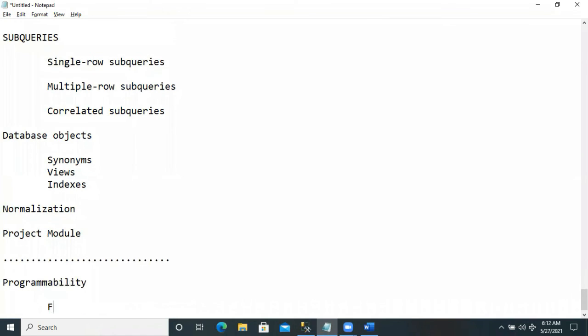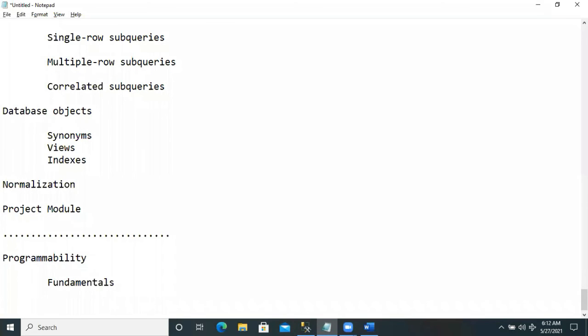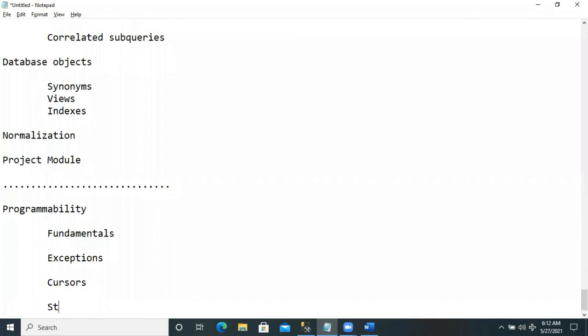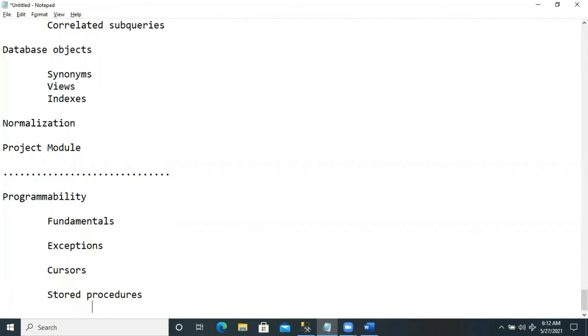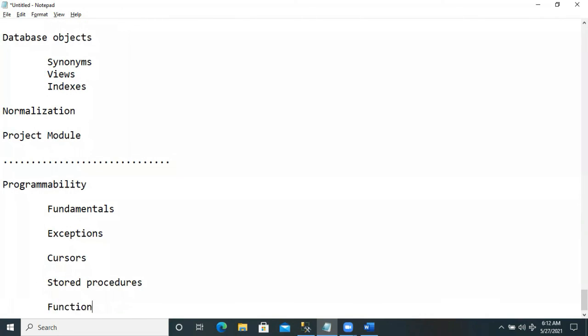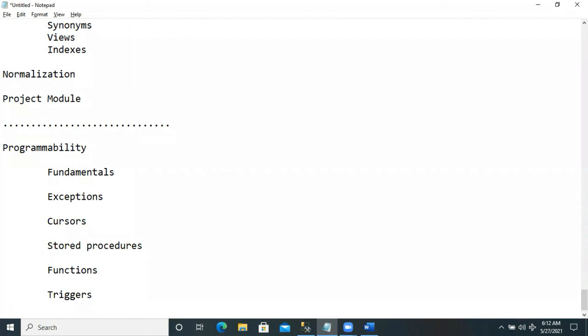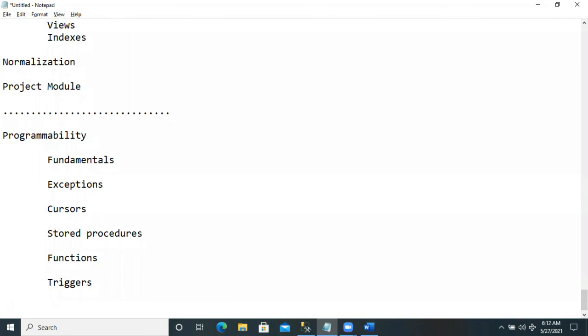The programmability fundamentals, programming fundamentals, exceptions, cursors, stored procedures, user-defined functions, triggers, trigger on the table, trigger on the view, and CTE, common table expression.